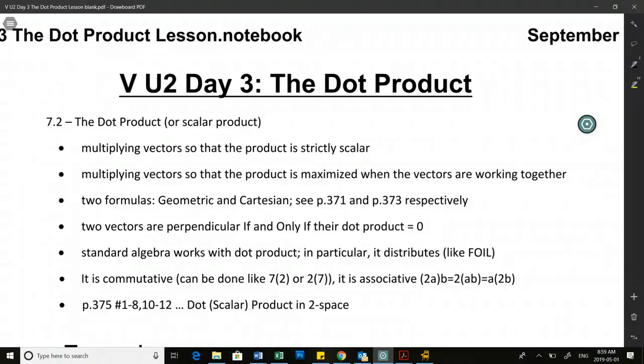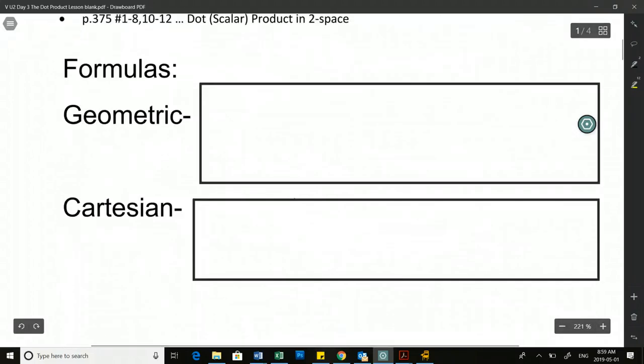So if I'm multiplying by a scalar, or multiplying three things together, or doing the dot product of those things, I can do it in any order, and it should give me the same answer no matter what order I do it in. So we don't have to worry too much about the particular order in which we do things with our dot product. Okay, so I'll introduce the formulas to start,